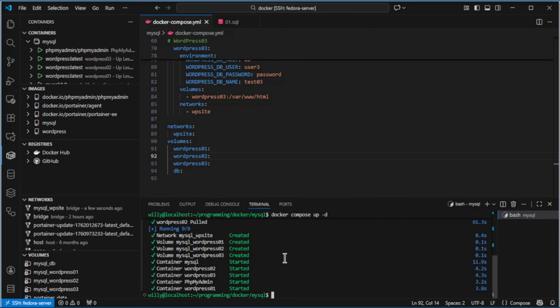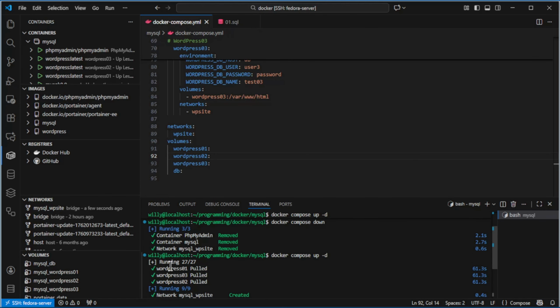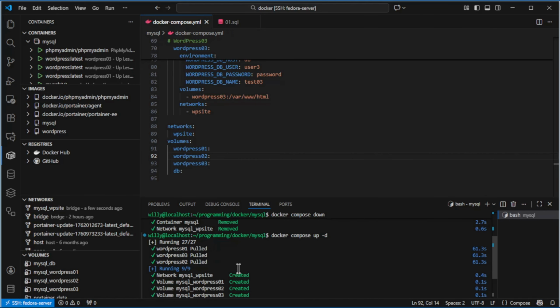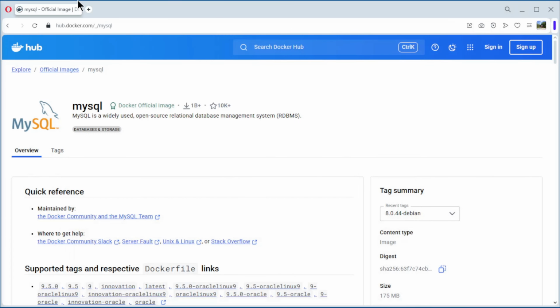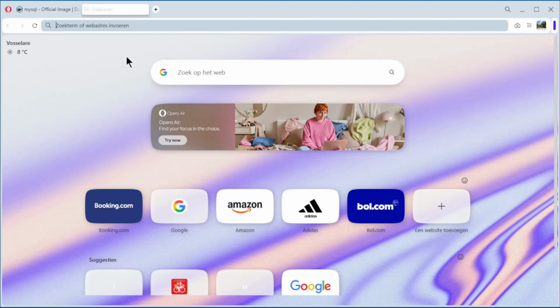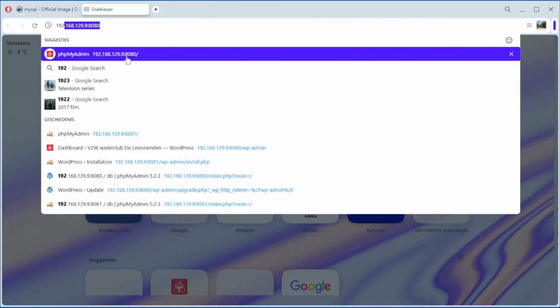And everything is ready. We have pulled the WordPress image, created the network, created the volumes, and created 5 containers: the container with the MySQL database, WordPress 2, WordPress 3, phpMyAdmin, and WordPress 1. Now we have to wait a little bit because the 3 WordPress sites have to initialize. So we minimize Visual Studio Code, open a new tab, go to our Fedora server,